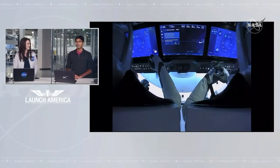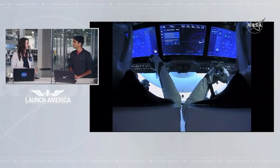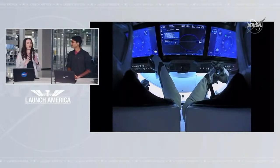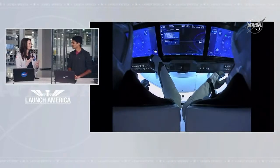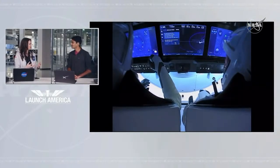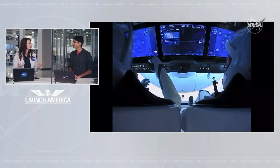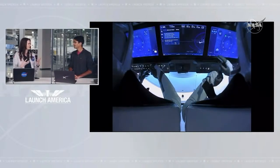That'll bring Dragon down to a nice gentle landing in the ocean. And I learned something really interesting about parachutes. Whenever you see those drogue chutes deploy, they don't automatically inflate right away. That's because they're doing something called reefing, and that keeps the air from flowing into the parachute too quickly and shocking the parachute system on Crew Dragon. So they expand very slowly and begin to slow the vehicle down